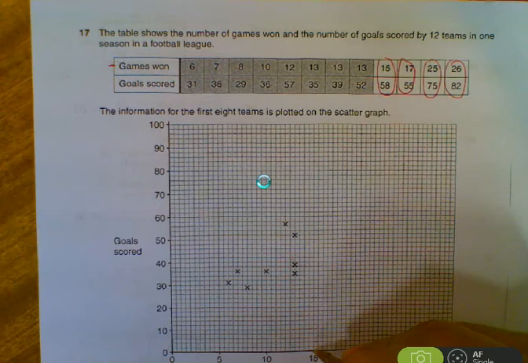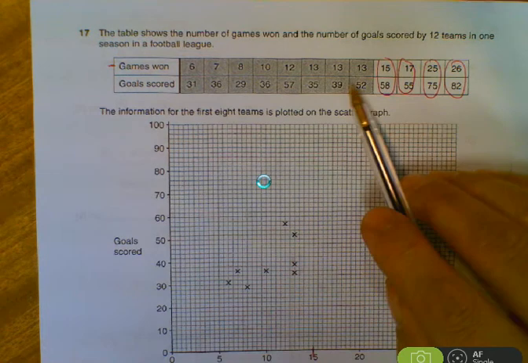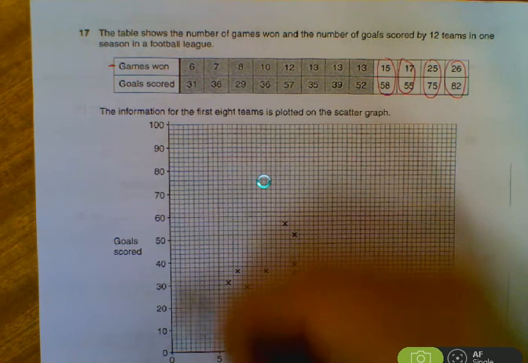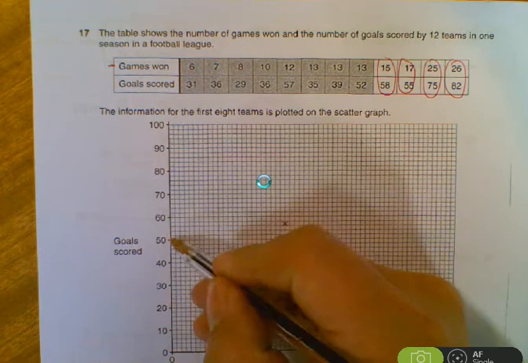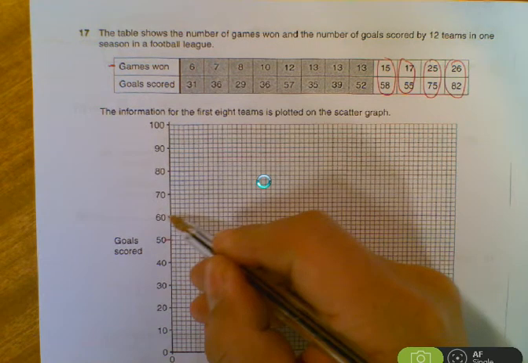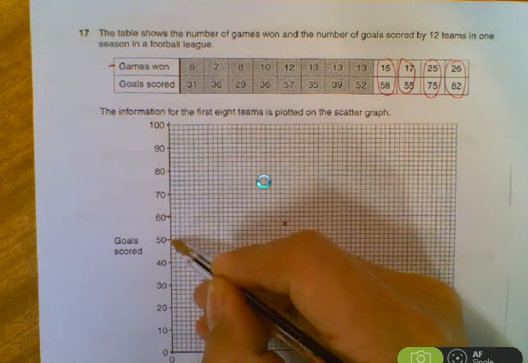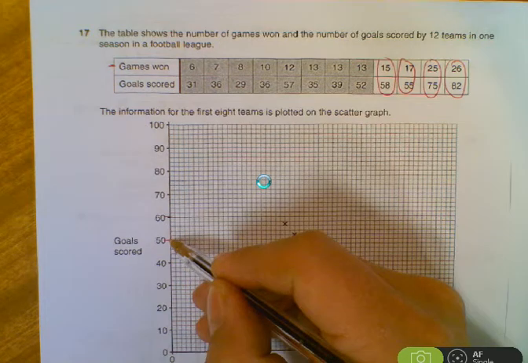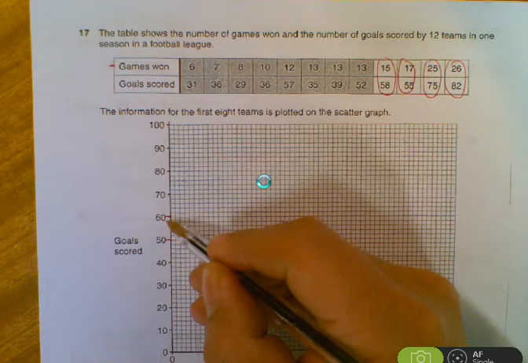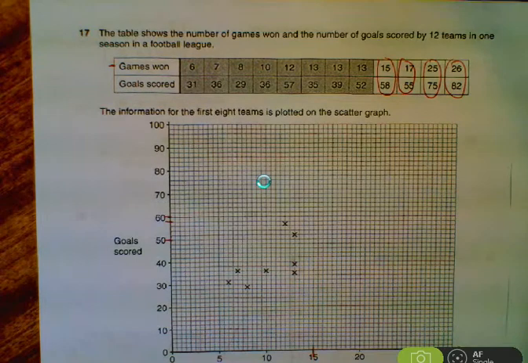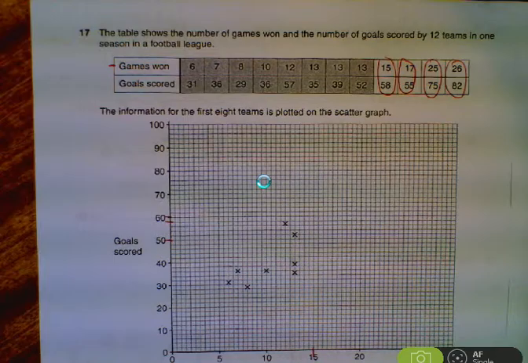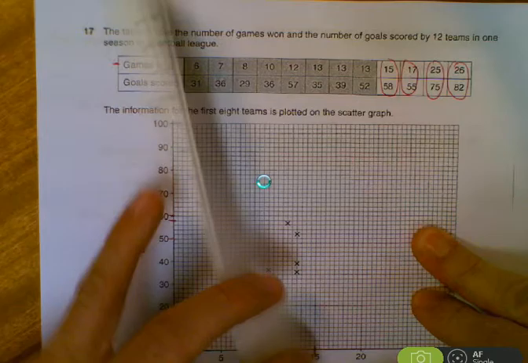So this first point, I'm going to go along to 15 and I'm going to go up to 58. Before I do that, I need to make sure I'm clear on the scale. So between 50 and 60 there are only 5 squares. So each of those squares must represent 2. So 58 will be that square there. So I need to go along, go up from 15,